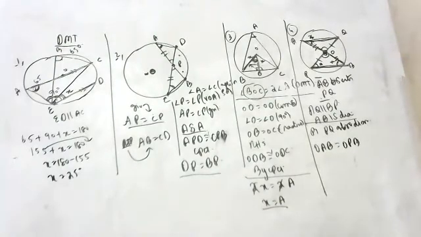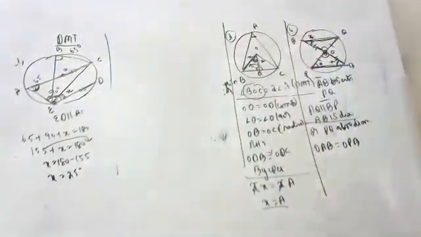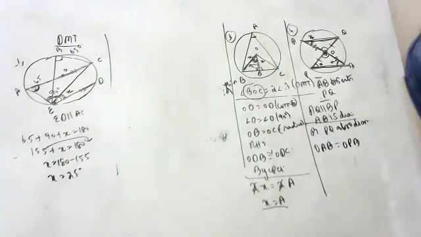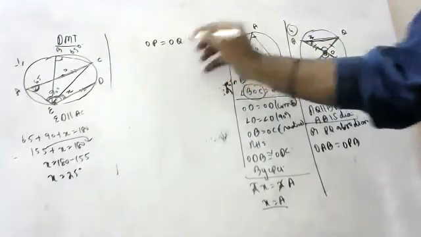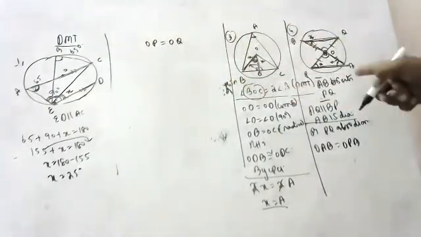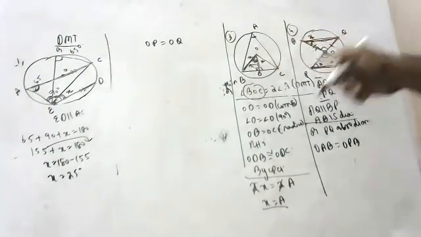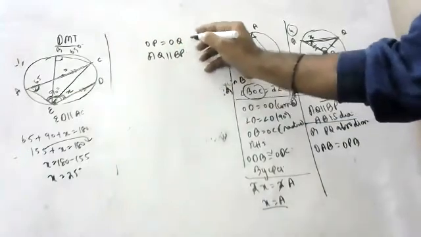Last question, I will say it and I will stop. See here, slowly you see, children. First one, what did I say, children? That OP is equal to OQ, I said. He only gave that, because he's saying that OP is equal to OQ because AB is bisecting. This is the first one. Then what he said, children, AQ is parallel to BP. He only said, children, this is given.